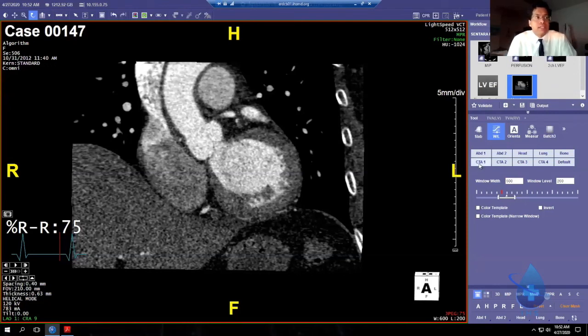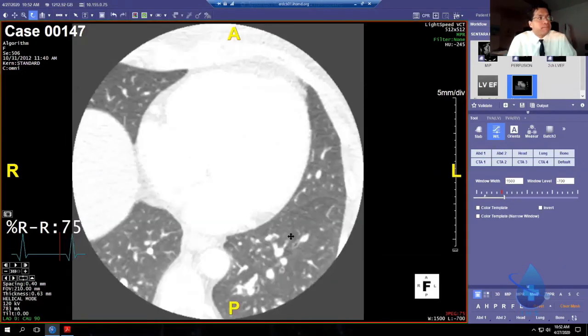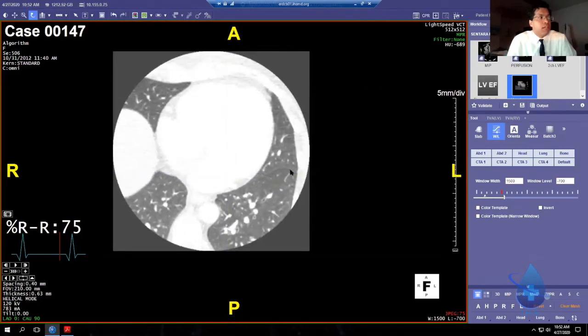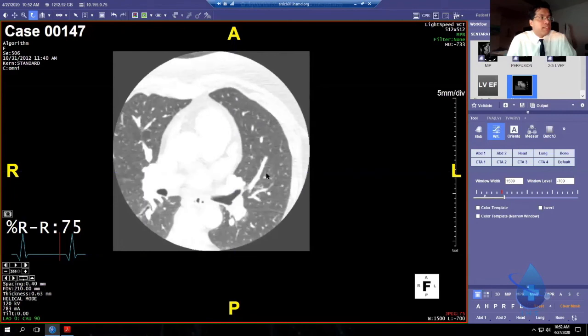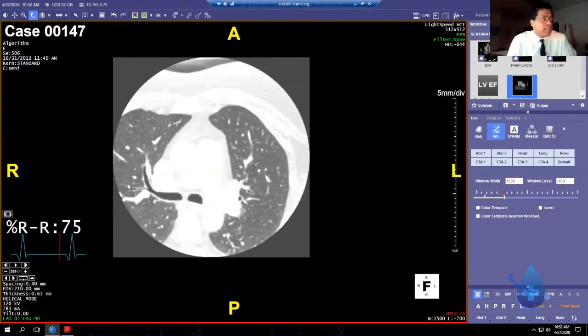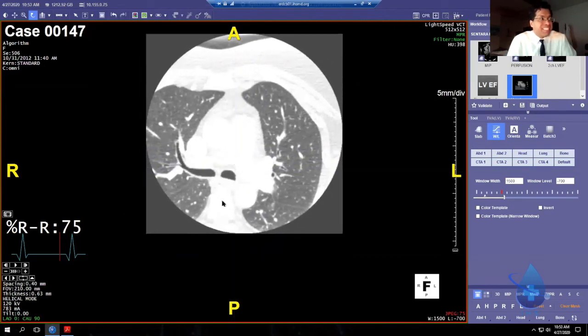Now, here are some caveats of the window width and window level settings. Number one, if you click on a lung window, for example, lung window will show you fissures in the lung. It can show you whether the patient has usual interstitial pneumonitis, COVID pneumonia, ground glass. Also, it'll show you lung findings, but it's not going to give you any differentiation between the aorta and the vertebral column, because both of those densities are outside the chosen window,